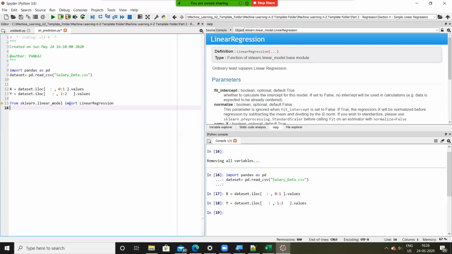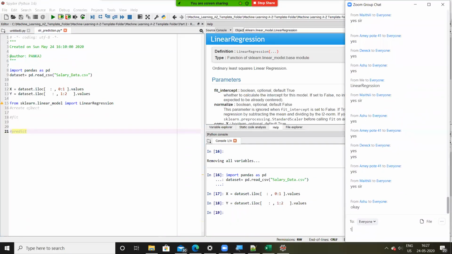To use a linear regression library, which is a machine learning library that is part of sklearn, we have to perform 3 steps. What are those 3 steps? First is create the object. Second is fit. And third is predict. Remember, unlike the pre-processing step, where we were doing create the object, fit and transform, when we are using any machine learning algorithm library from sklearn, we'll be doing 3 steps, and those 3 steps are create the object, fit the object, and predict. Sorry, predict method.